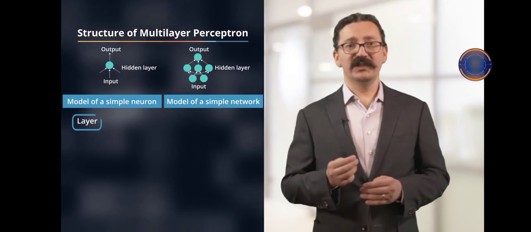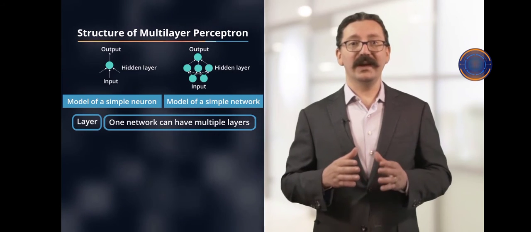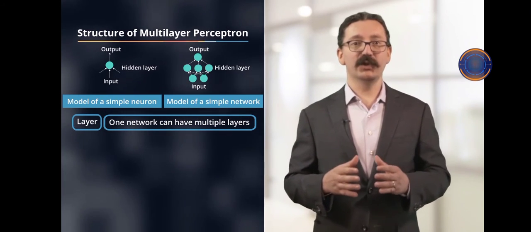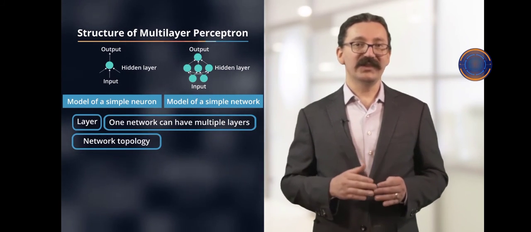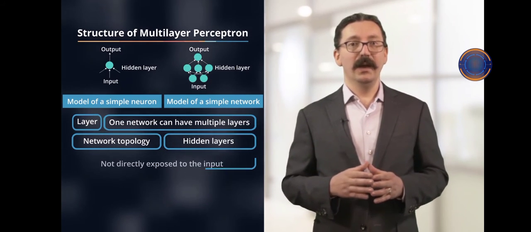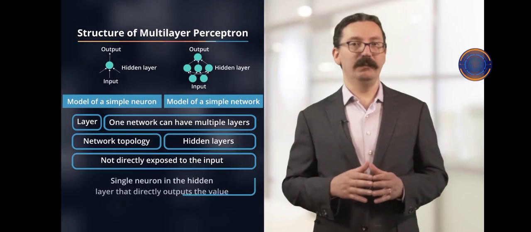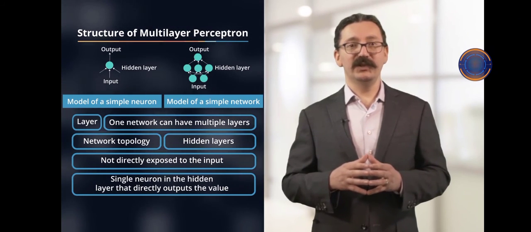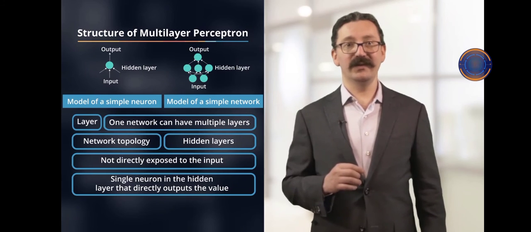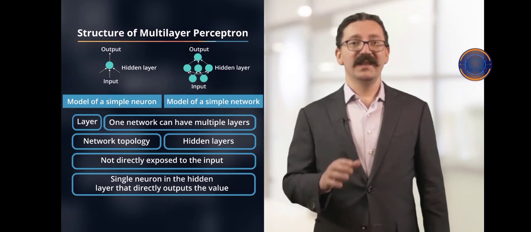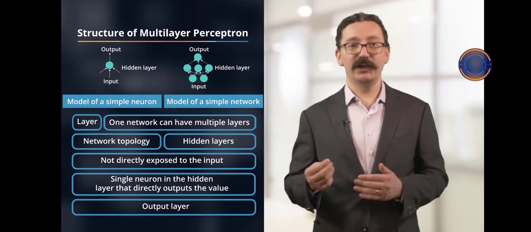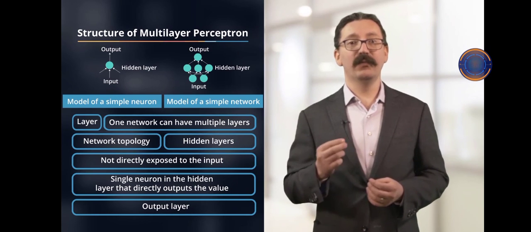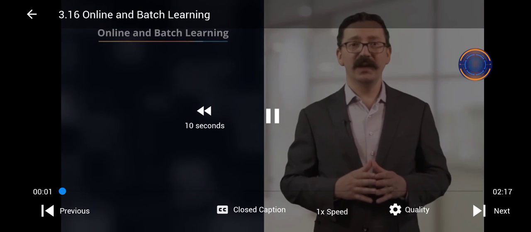A row of neurons is called a layer, and one network can have multiple layers. The architecture of the neurons in the network is often called network topology. Layers after the input layer are called hidden layers because they are not directly exposed to the input. The simplest network structure is to have a single neuron in the hidden layer that directly outputs the value. The final hidden layer is called the output layer, which is responsible for outputting a value or vector of values that correspond to the format required for the problem. Once configured, the neural network